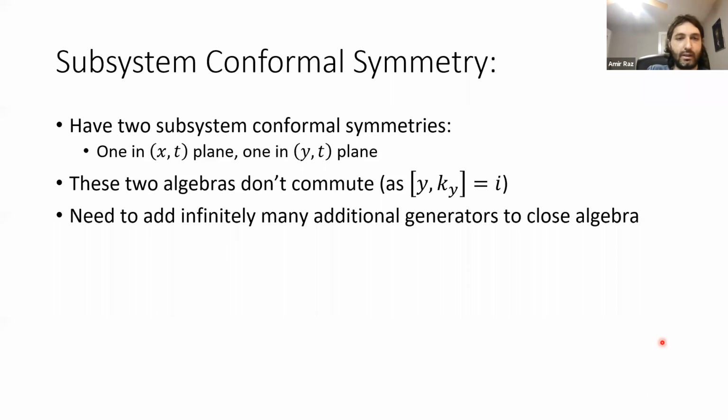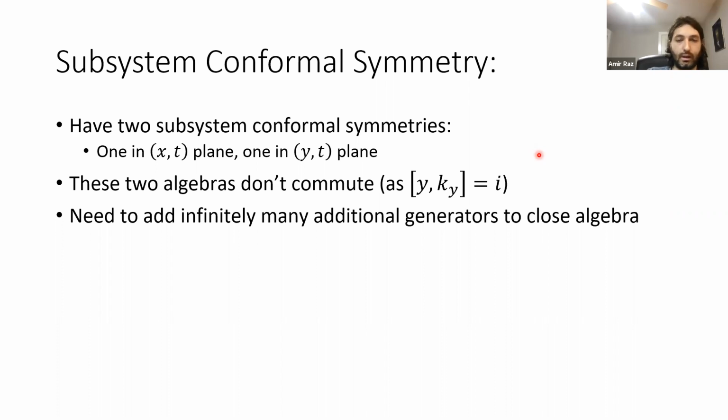Now, one interesting thing about these symmetries is that they don't commute with each other. This just comes down to the fact that ky, which is just the momentum in the y direction, or py if you want, doesn't commute with y itself. So if we write down the conformal algebra of all these generators, you can just start commuting everything, and you see that the global conformal transformations between these two algebras don't commute with each other,